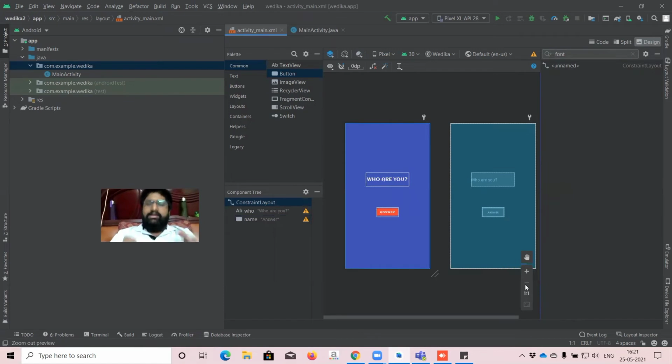What we have done is we have changed the background. We have pulled a text view and changed the ID, and eventually we have pulled a button and changed the ID, and we changed the background of everything. So now what we have to do is, if I select this button, it has to show the answer. Very simple. Got it? Let's see how it works.